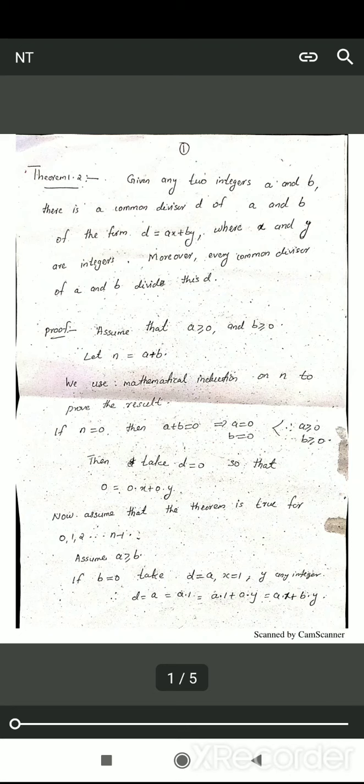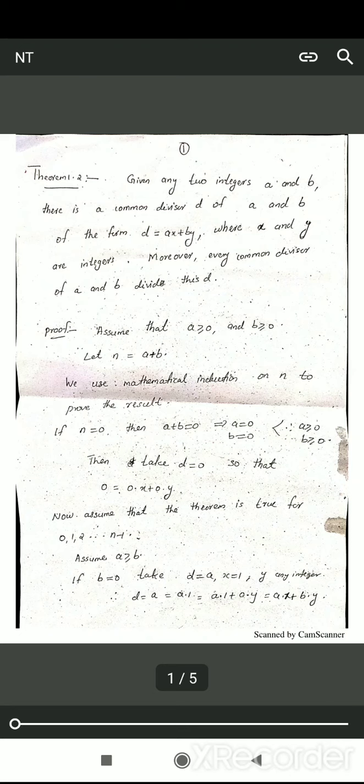So, you have already gone through theorem 1.1. There are some properties of divisibility. Some of them are the reflexive property, transitive property, linear property, multiplicative property, etc. Of that, the linear property is very important. It says that if d divides a and d divides b, then d divides ax plus by for some integers x and y. That is, d divides a linear combination of a and b. That's a very important property of divisors.